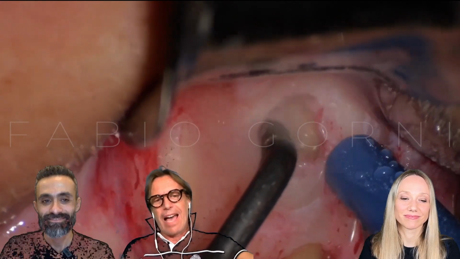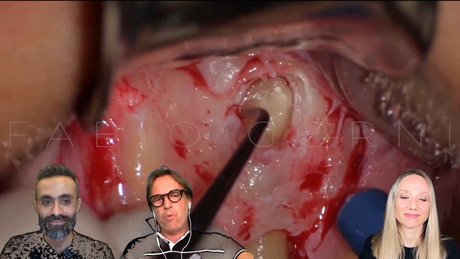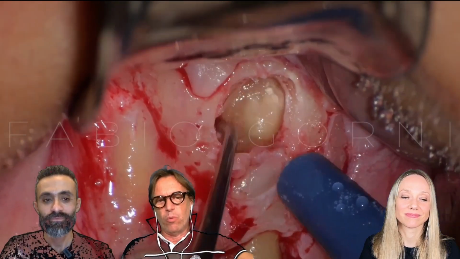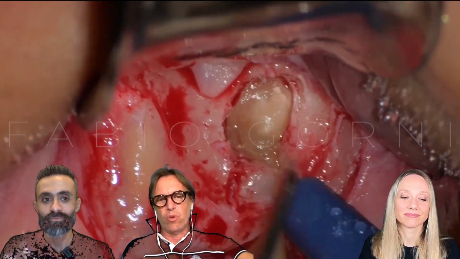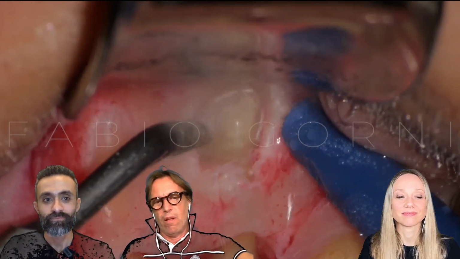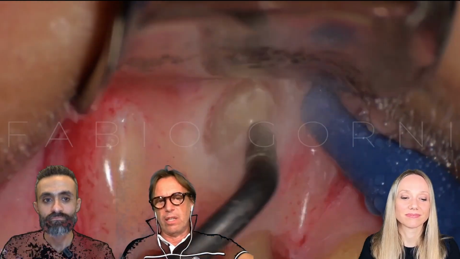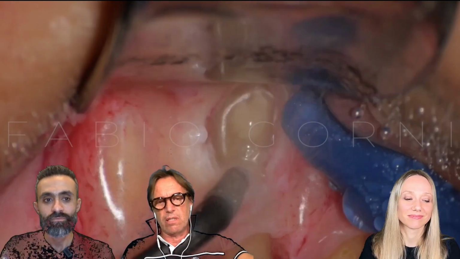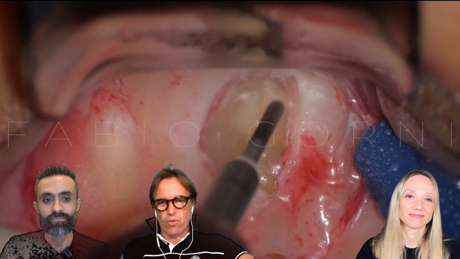In this case, I'm using the piezo surgery for a simple reason. I'm not sure that in the lateral aspect of the root we will have a portal of exit. So I don't want to resect too much of the root. So first I want to check the root, and only when the check is completed, I can decide on the apical resection. This is one of the reasons, in my opinion, the guided surgery is not so useful.